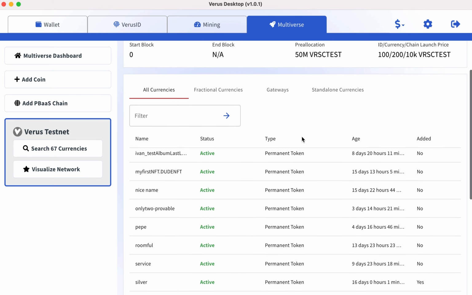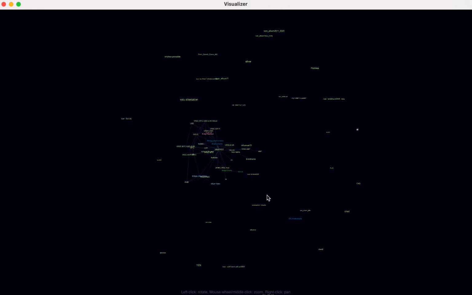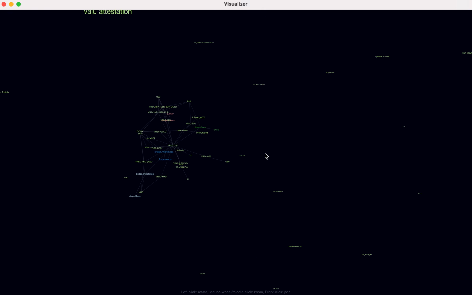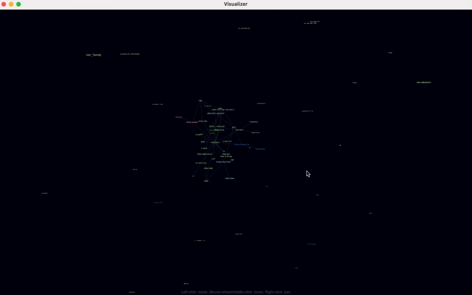So that's about it for the Multiverse tab. The last thing actually is going to be visualizing the network. I'll give a quick preview, but this is really cool and exciting, and we'll dedicate a bit more time to this in a future video. Once we click on Visualize Network, it'll open up a network visualization which shows the different tokens, currencies, and the different blockchains